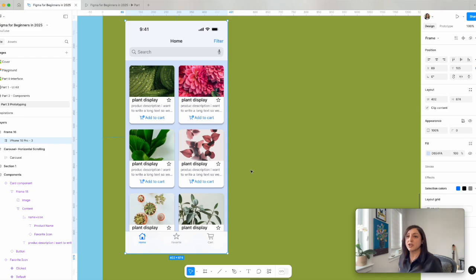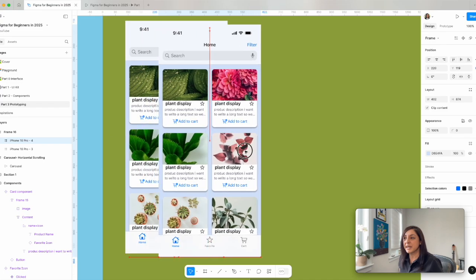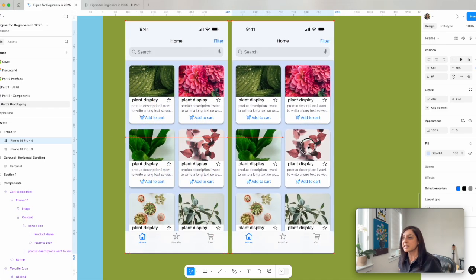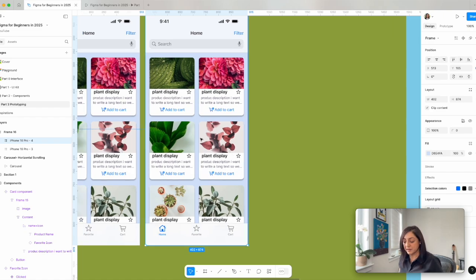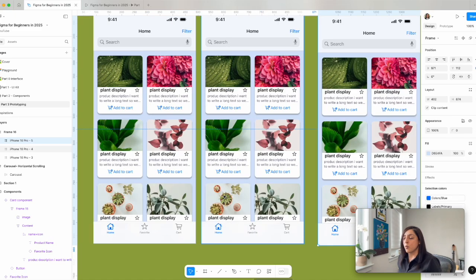To do that, the shortcut on a Mac is Command D to duplicate. If you're on a Windows, every time we say Command, you replace that with Control. So it's Control D. I'm going to click that. And now my frame was pasted on top of the previous one. So I just clicked and dragged it. Another way to duplicate a frame, we're going to do it here, is to hold Option on Mac or Alt on Windows and drag. What we want to get started with to create page transitions is to create 3 different